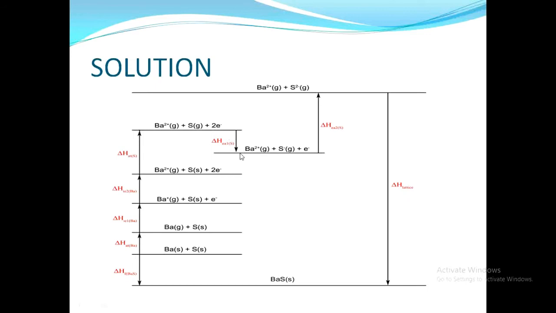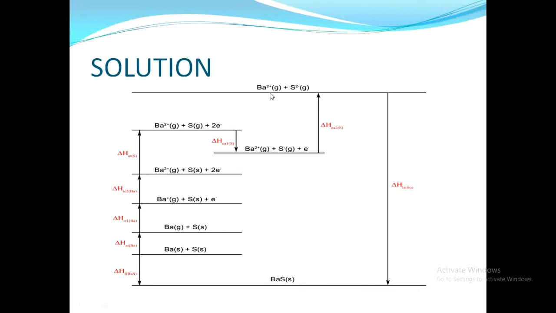That is actually an exothermic process, which is why the arrow comes down here, and S- ion in gaseous form is formed. Then that S- ion absorbs an electron and forms the S2- gaseous ion, and this is the second electron affinity of sulfur. It is endothermic, as given by the examiner in the data. So all the arrows that are going upwards mean the processes are endothermic, while the arrows going downward show the processes that are exothermic.